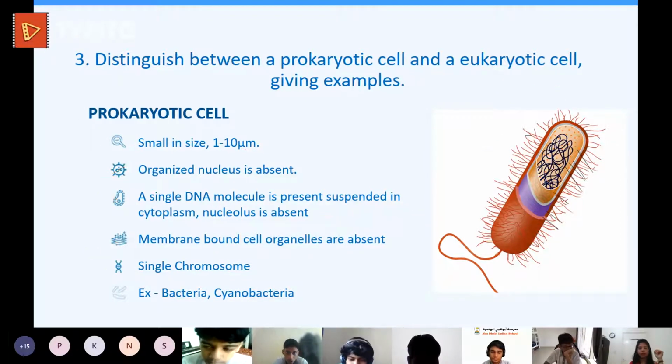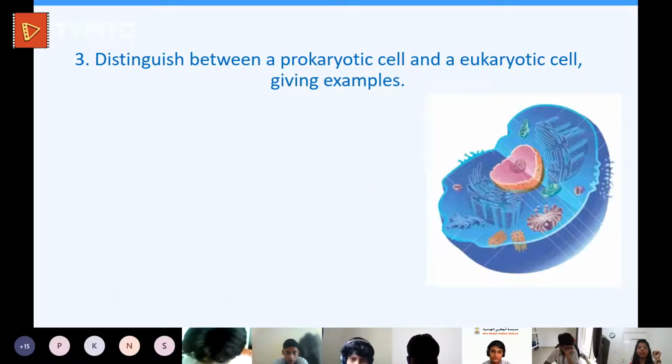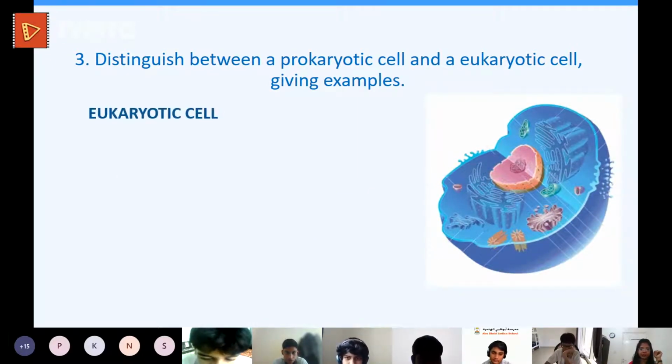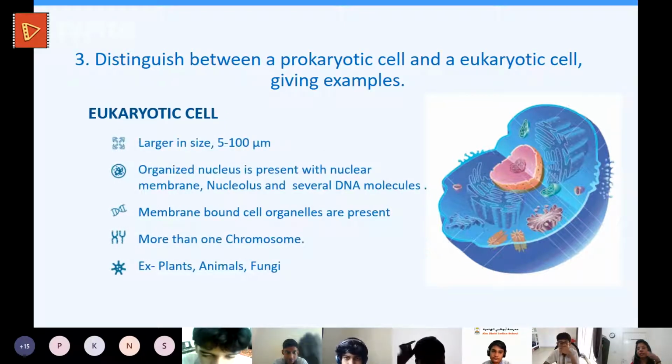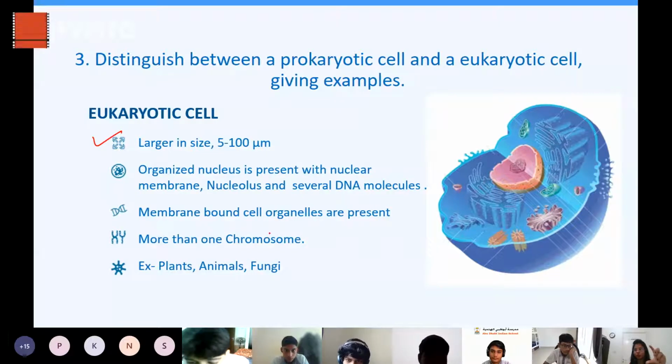Let us compare the prokaryotic cell with our cell. This is my cell. This is your cell. So this is an animal cell. Now, animal cell with the bacterial cell. Animal cell is much larger. The other day, we saw one hen's egg. You have seen the hen's egg is so huge. But all the cells in our body are not that huge. Most of the cells in our body we have to see with the microscope. But eukaryotic cells are larger than the bacterial cell.